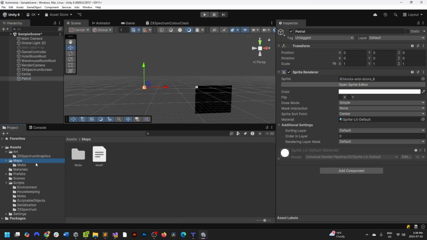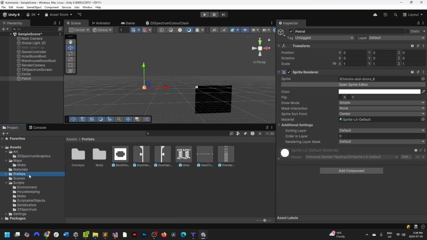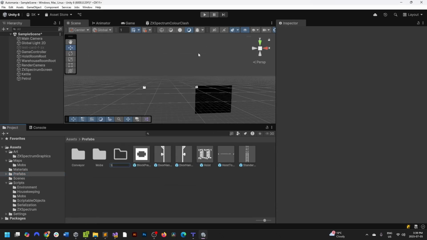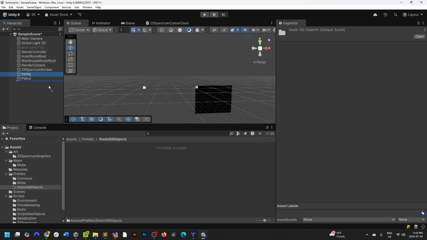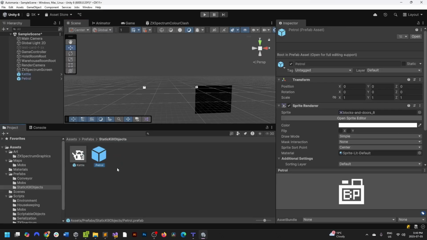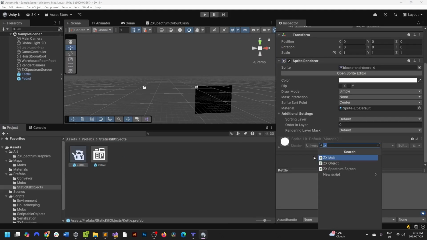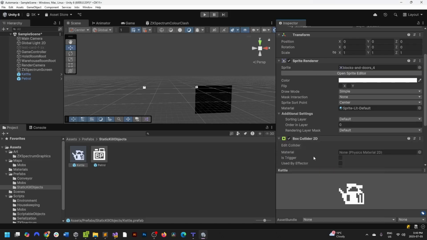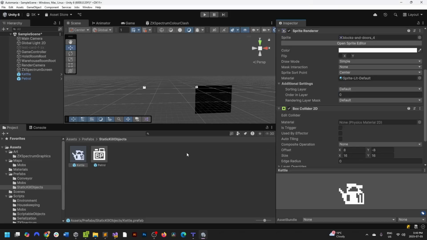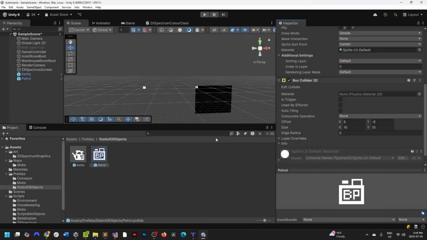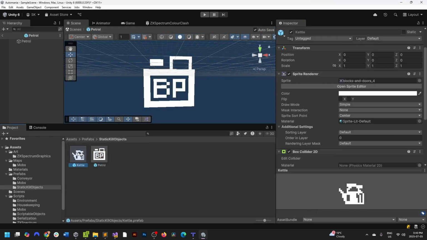And where are we? Maps, mobs, prefabs. And create a folder in here, and then just call this static kill objects. Static kill objects is fairly self-explanatory. So petrol, okay. And then for each of these, I need a box collider 2D, and I need a box collider 2D for that one, and it fits,